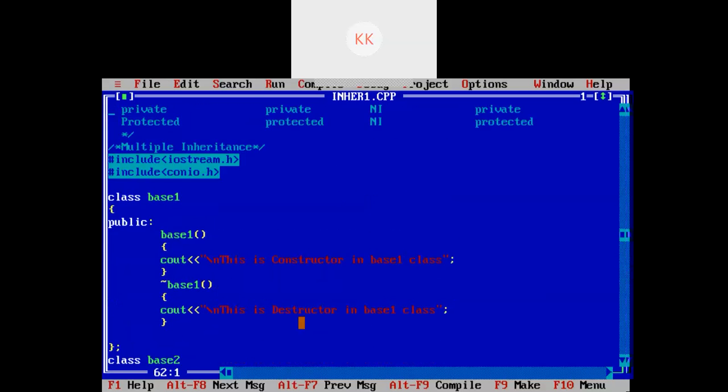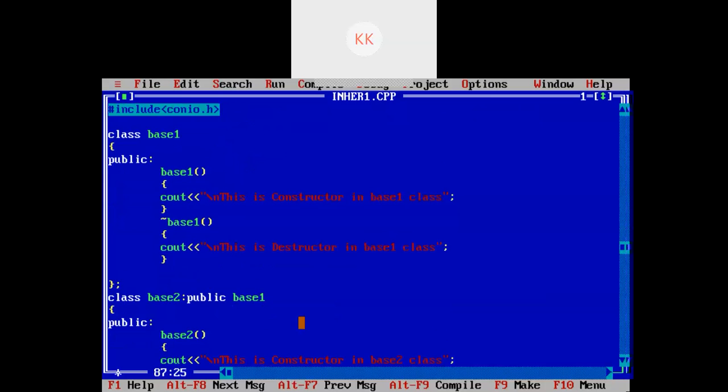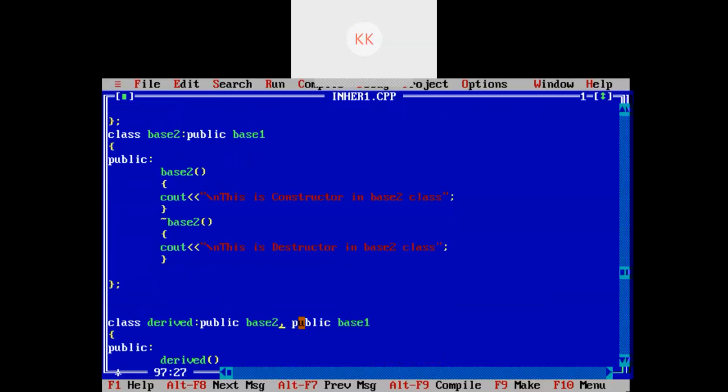Next type of inheritance is multi-level inheritance. Now we will use this base class 1, and this base class 1 will be derived in base class 2, and here in the derived class we will only inherit base class 2, right?